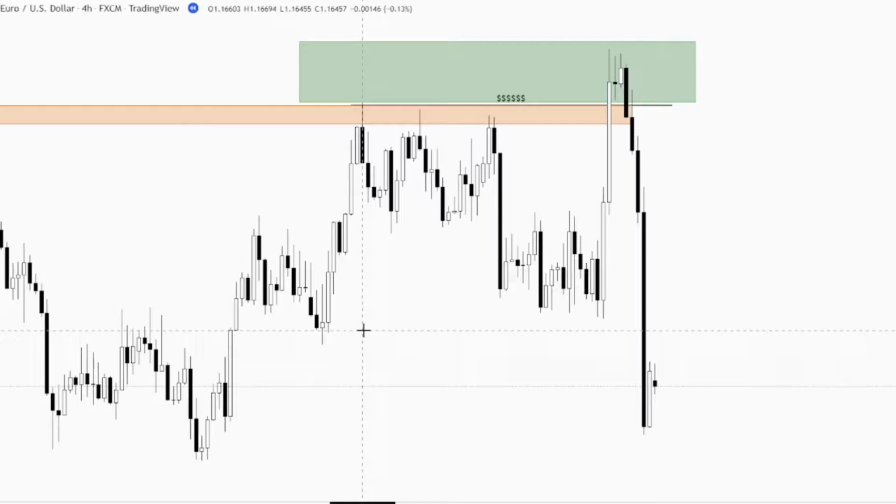The buyers are the ones who say the market is bullish and they want to go bullish with it. The sellers are those who say that the market is bearish and we want to go bearish with it. Now, an area of imbalance is an area where we see that not both players were given an opportunity, and